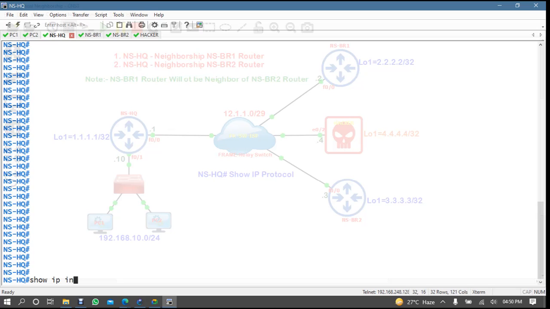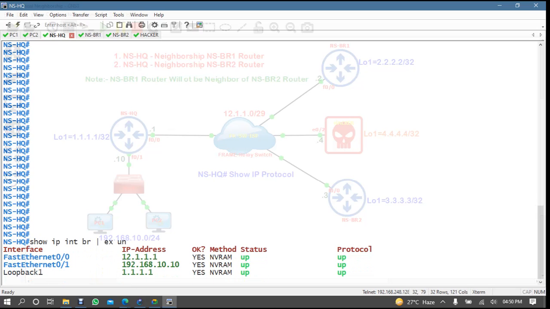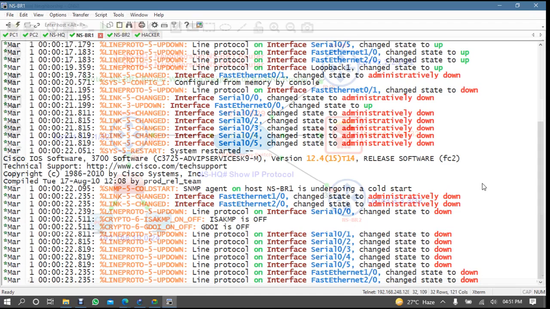So show IP interface brief, exclude unassigned. Okay, three interfaces and all the interfaces are up.